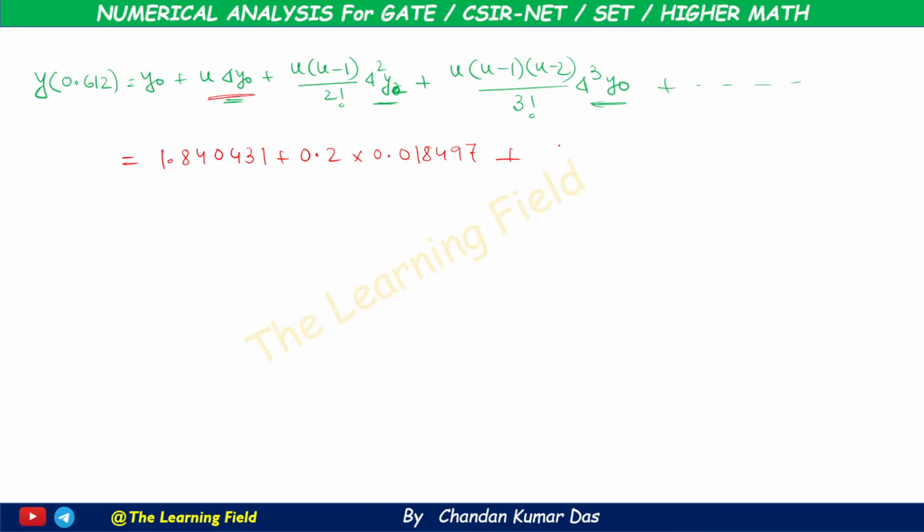Then we get u into u minus 1, that is 0.2 into 0.2 minus 1,